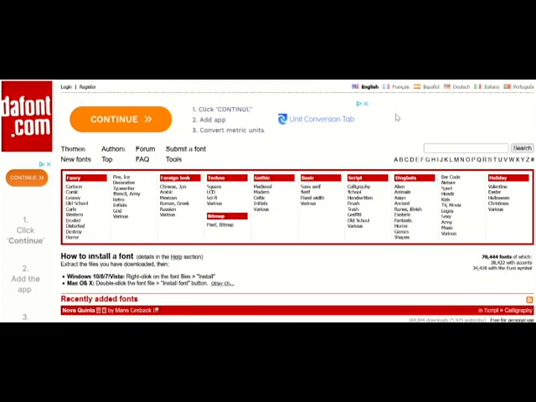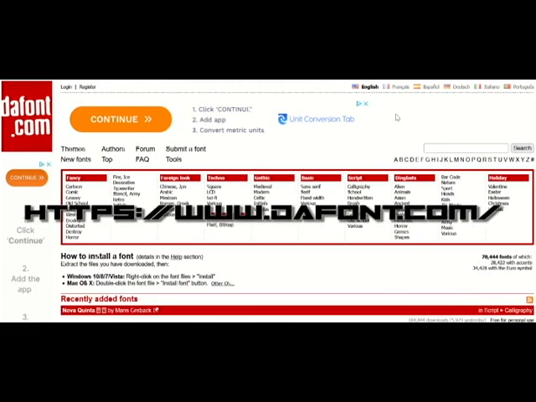Alright, so to begin with, we need to gather some fonts. I want to show you a cool website. This cool website is called thefont.com. So if you go into your web address, you're going to type in https://www.thefont.com. You'll see this homepage,